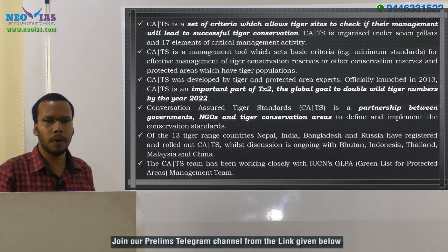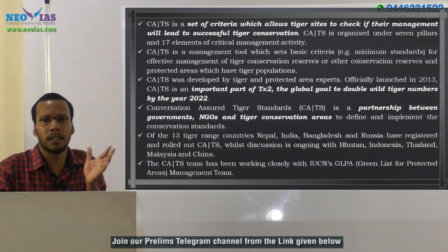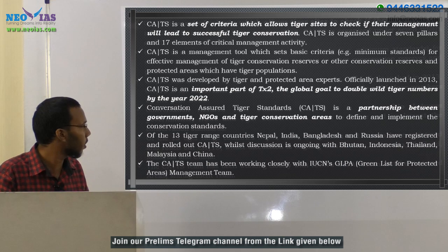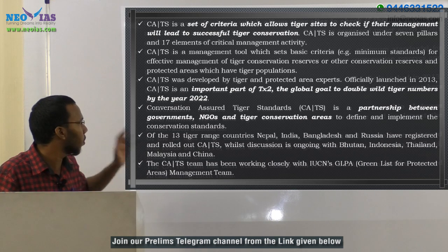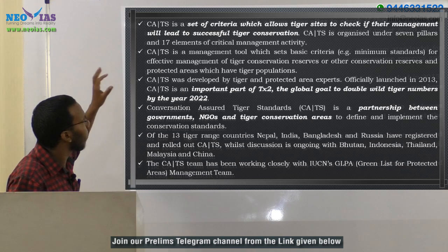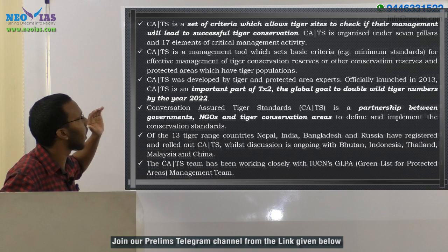So this CATS partnership is a set of criteria which will lead the areas to a better tiger conservation area. The full form of CATS is Conservation Assured Tiger Standards. That means these are certain criteria, some standards, in order to ensure the conservation of tigers. So CATS is a set of criteria which allows tiger sites to check if their management will lead to